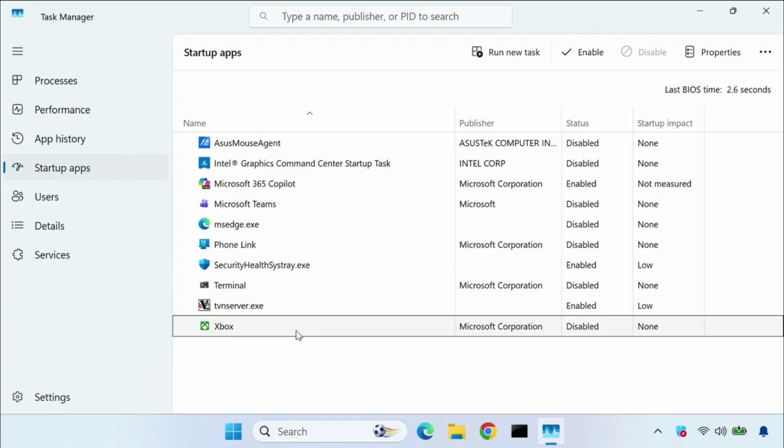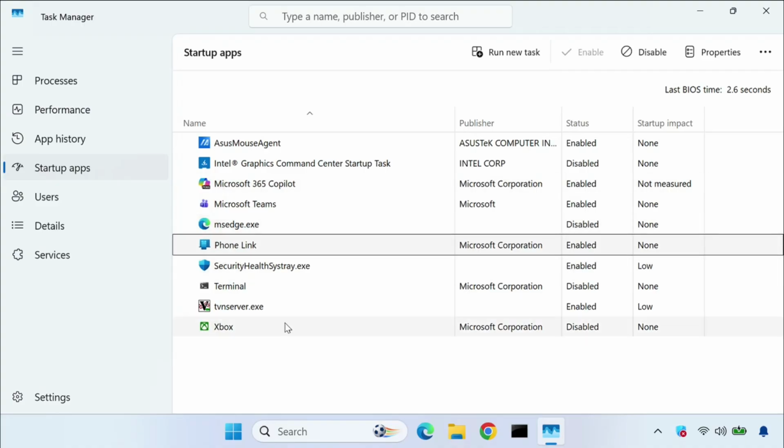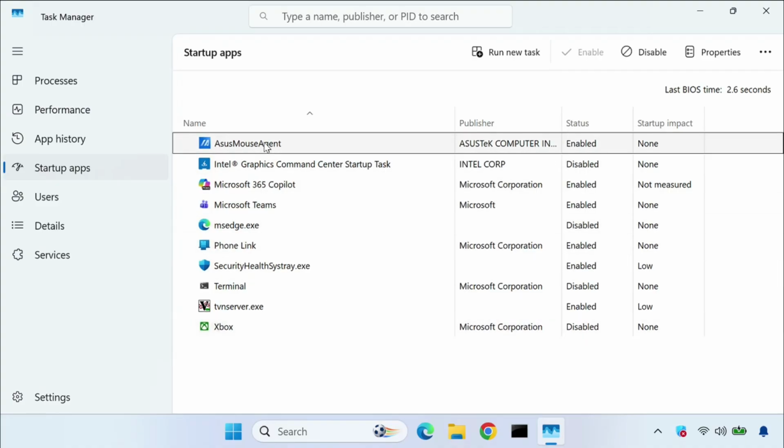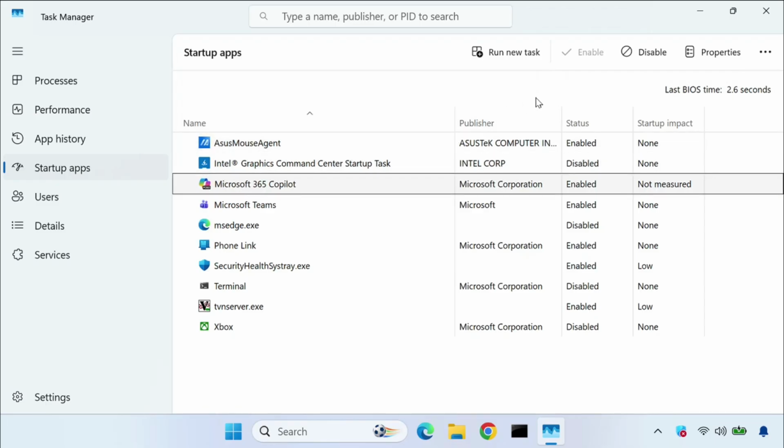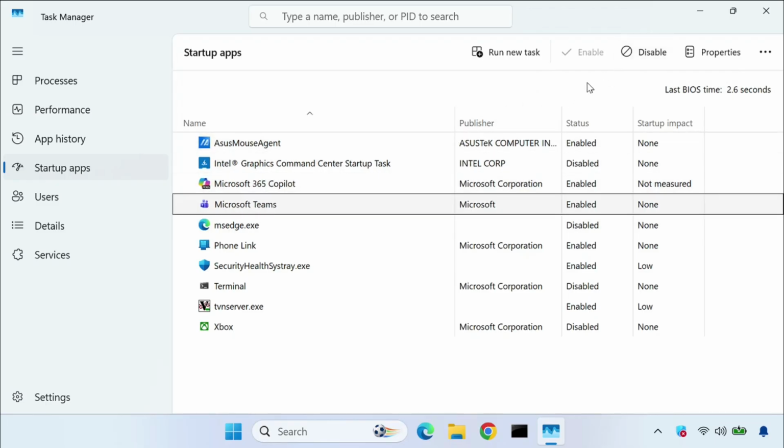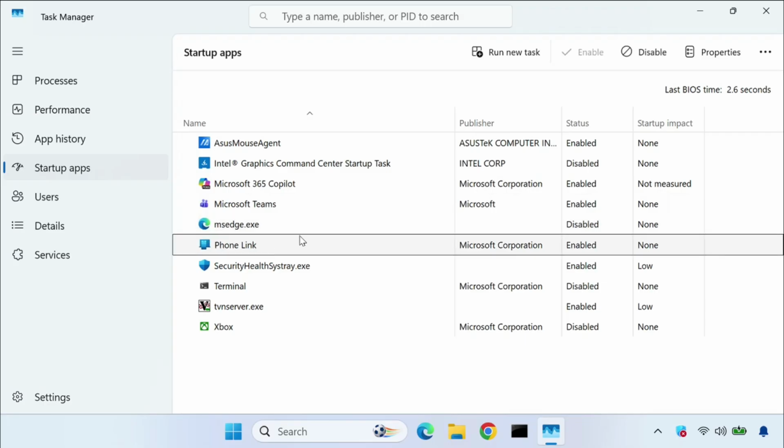So these apps are startup apps, which means when your system starts, these applications work automatically. Okay, so this is not required. If it shows Disabled, it means this is not enabled. Now this ASUS agent is enabled, Office 365, Microsoft Copilot is also enabled, Link also, so